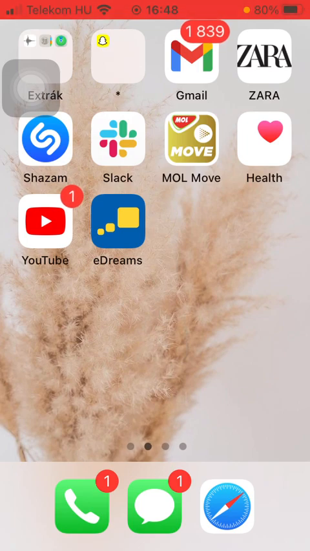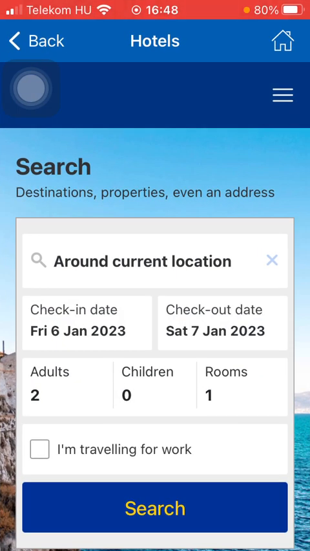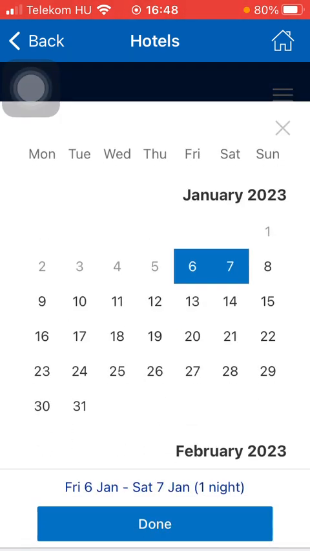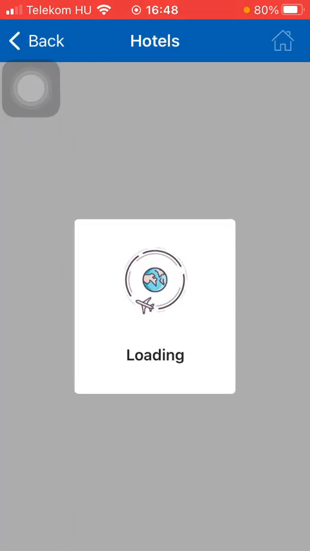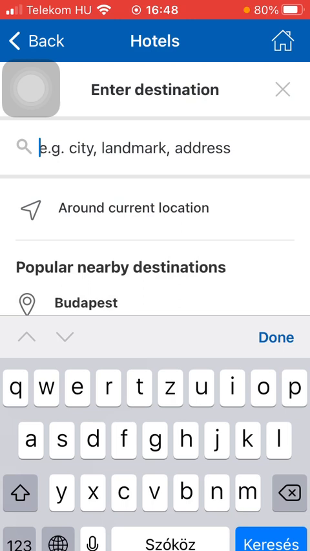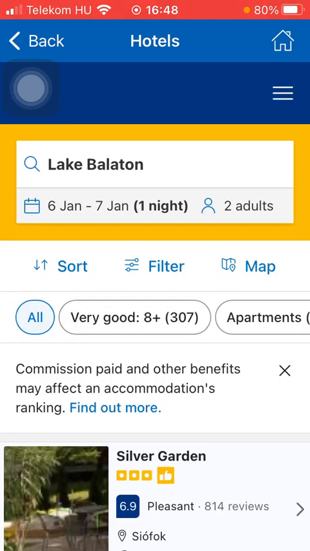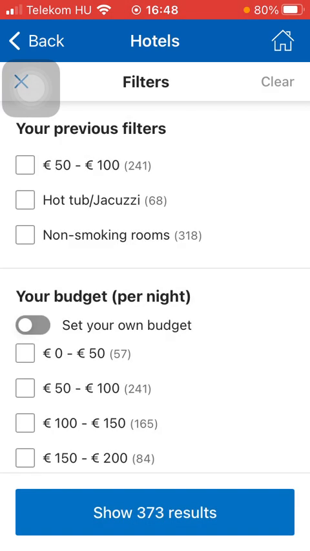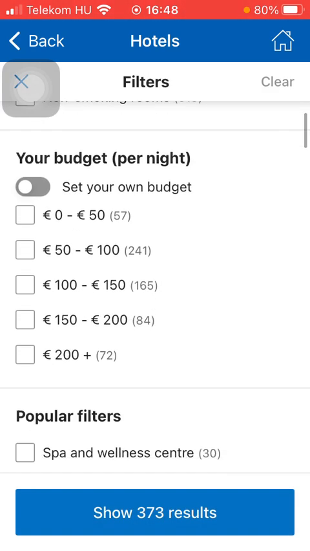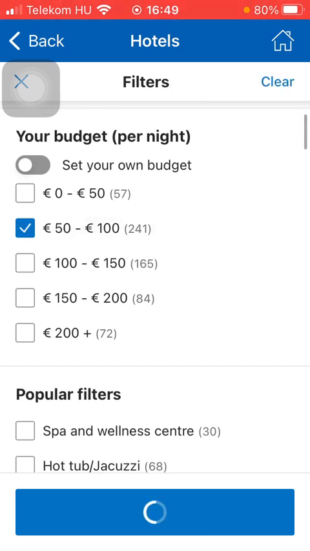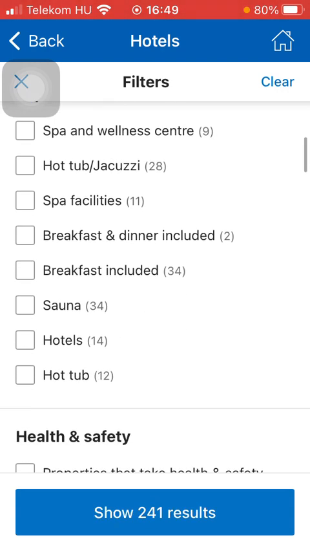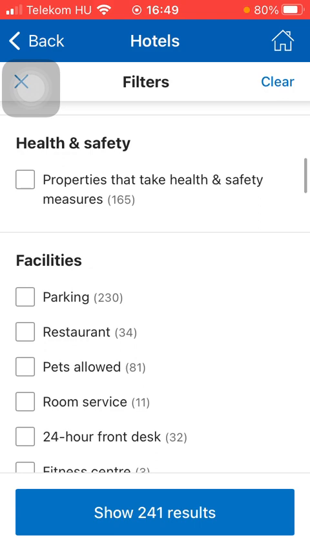So let's jump into it. First of all, open the app on your phone, select your current location, and after it is loaded, you should click on the filter button in the middle of the screen, apply the budget filter, so select the price range, then you can select from these popular filters, then the health and safety filter can be applied,